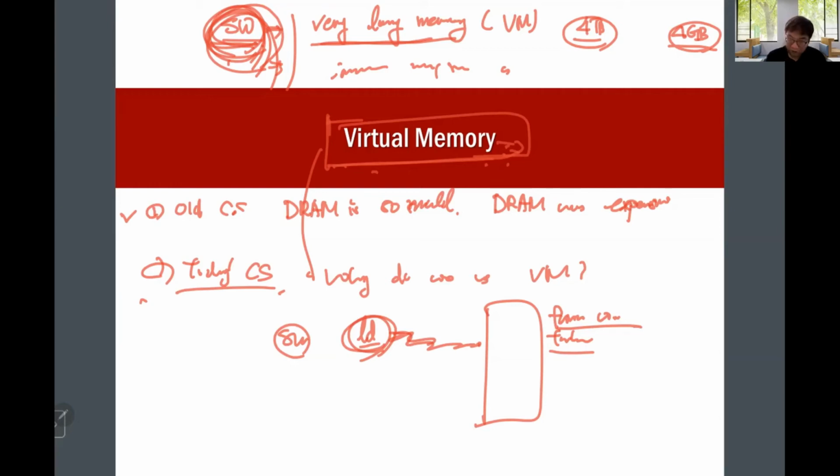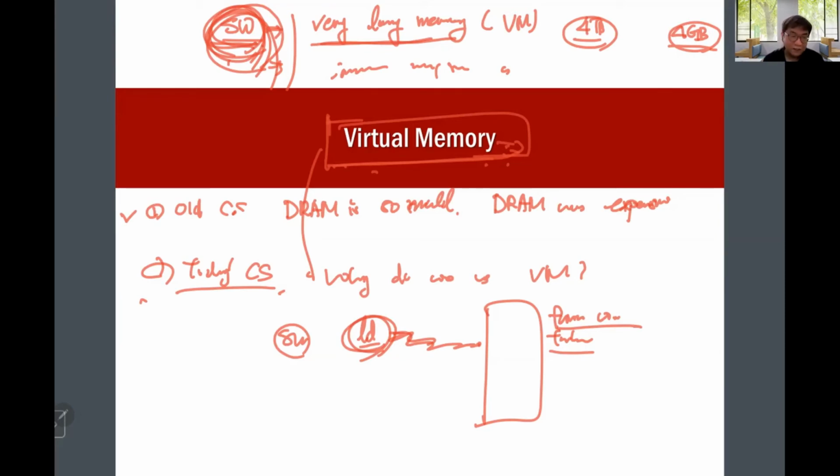In the previous class, I taught about virtual memory. This is a little bit different topic in memory hierarchy. I explained that virtual memory was first invented due to the small sized main memory. The original purpose of virtual memory is that we want to use this small sized main memory like